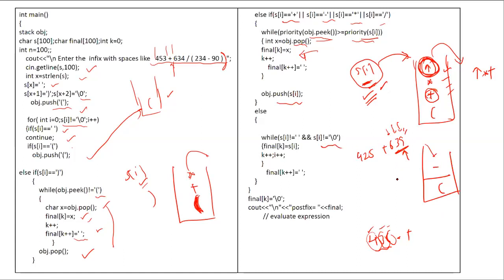null is encountered. Now in either case, either space is encountered or null is encountered, you keep on copying that character into the final expression and incrementing the indexes of the same. At last, you add one space inside every chunk of the separators. In the last expression, once you get the postfix expression of that, you just append a null to make it in the form of a string.